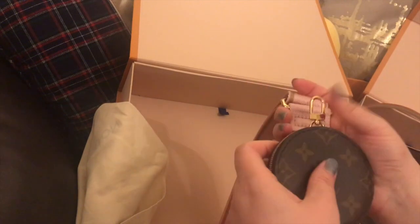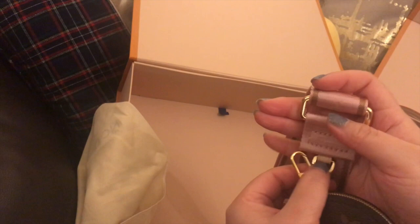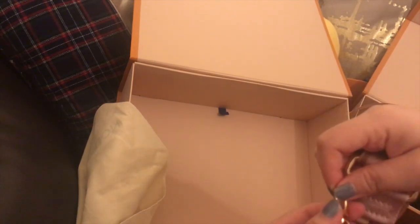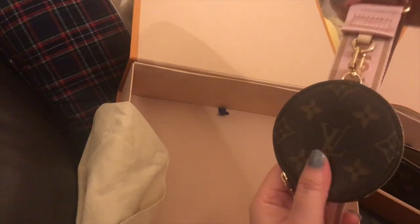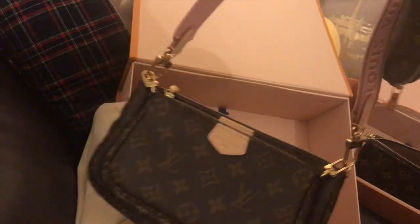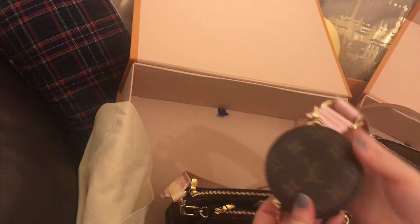And okay, back to my story time. Anyway, since the virus went pandemic and the retail stores are closed, they suddenly put all their inventory online, I guess, because a week before they closed all the retail stores, I actually went to the store and asked the sales lady, what's the situation? Do you have any update on the multi-pochette? And she's like,